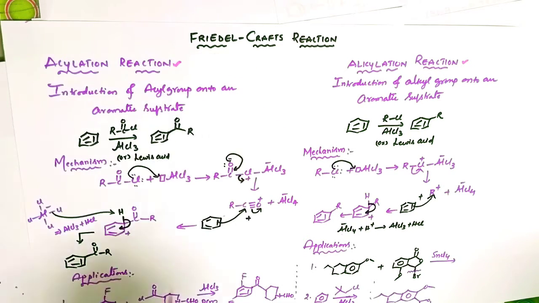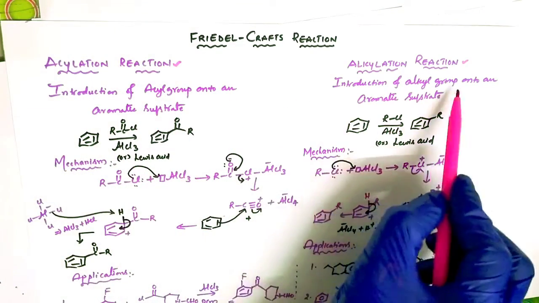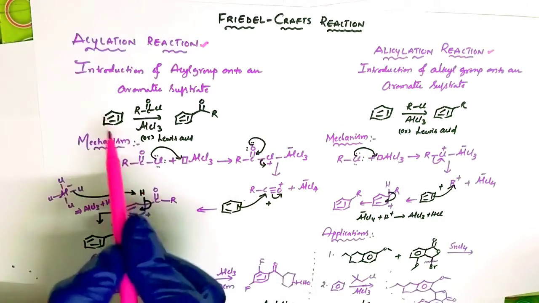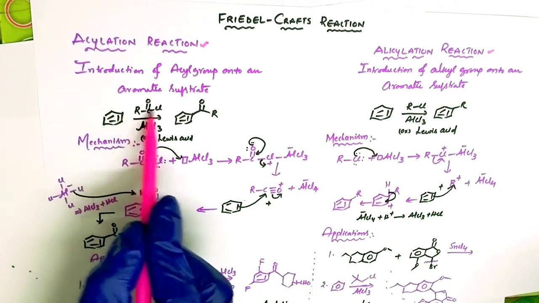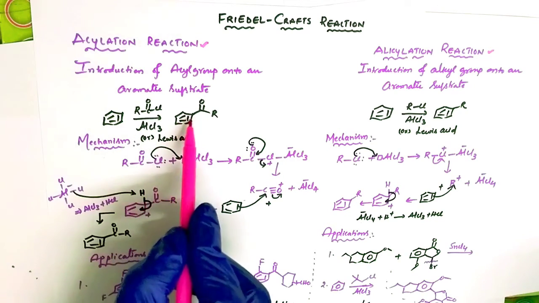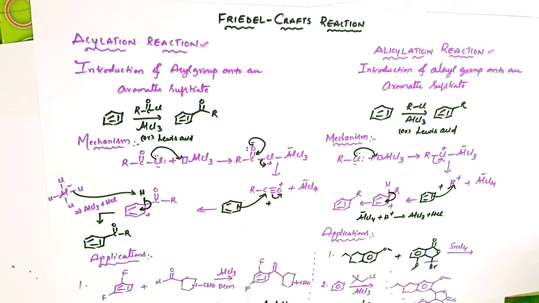Okay. Let's see. Introduction of acyl group onto aromatic substrate. Introduction of alkyl group onto the aromatic substrate. See the example. Benzene is treated with acyl chloride RC=OCl in presence of AlCl3 produces C=OR. AlCl3 is the